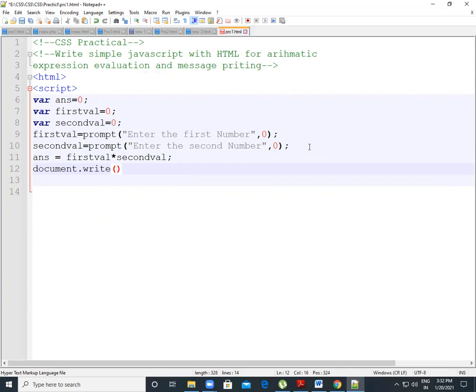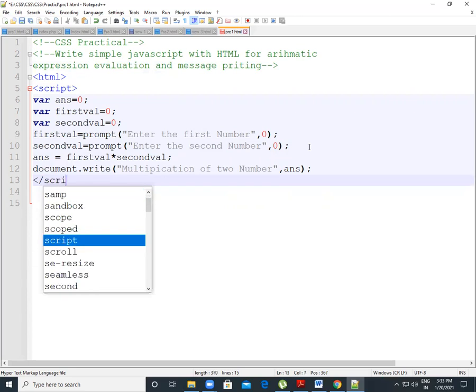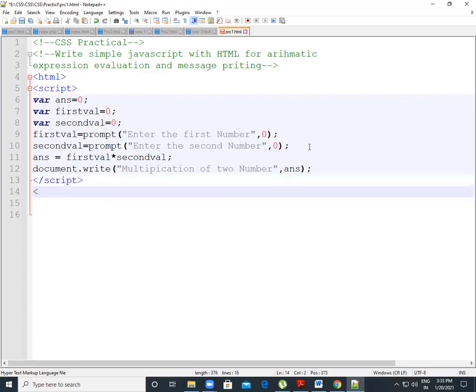We write "Multiplication of two numbers" in double quotation marks for the statement, and then print our answer, where we stored the multiplication of the two numbers. Now we close our script tag and also the HTML tag.